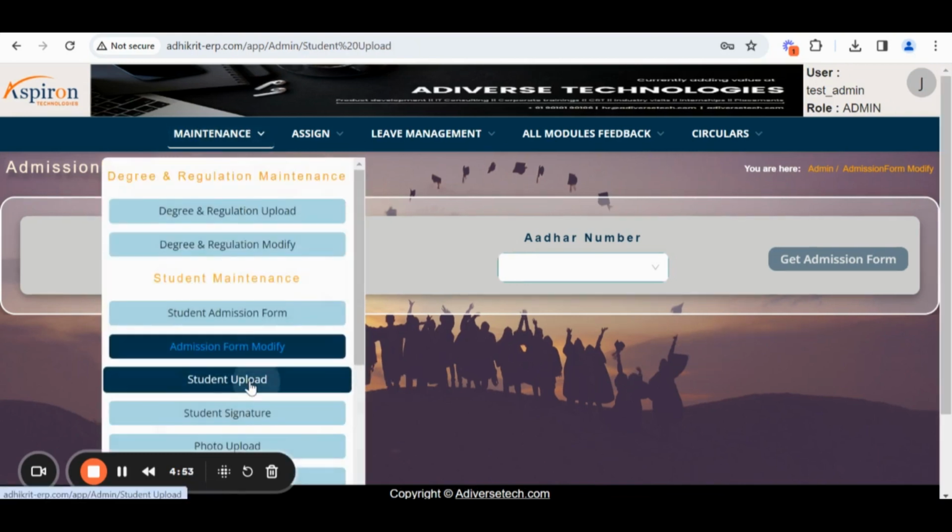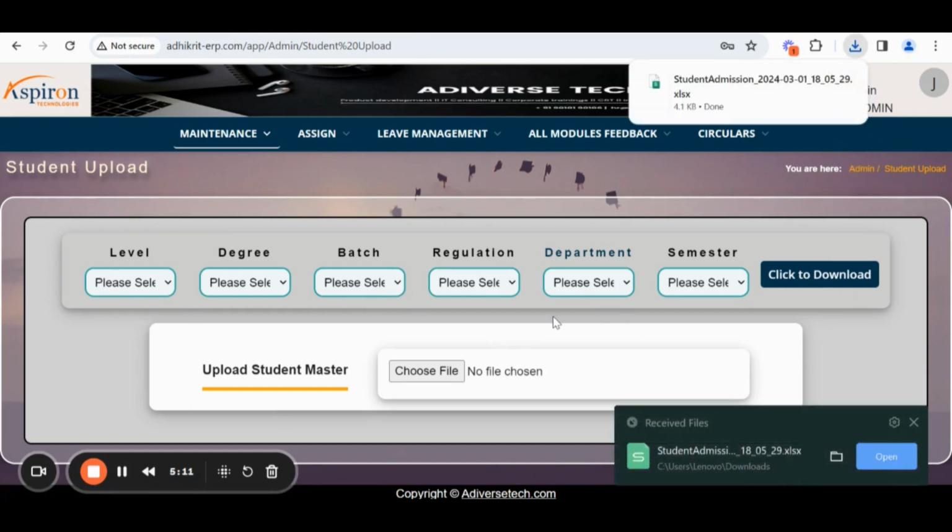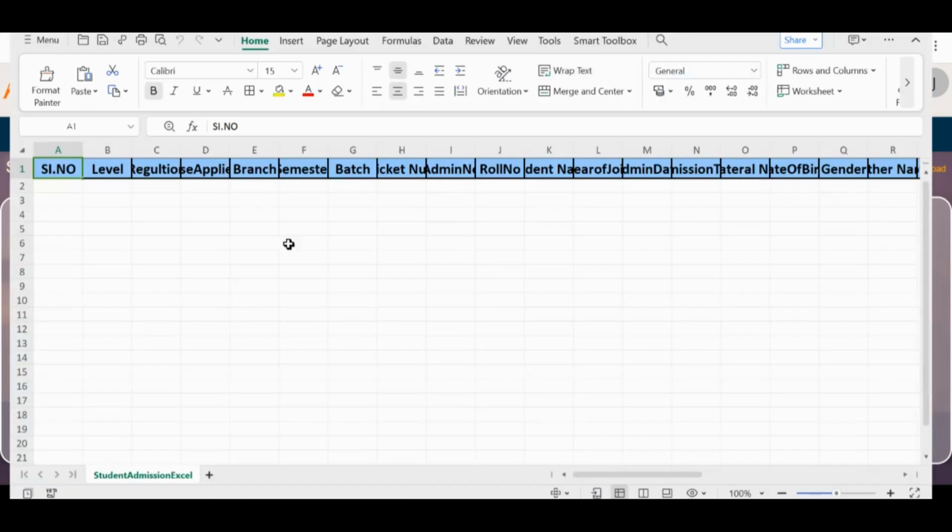Let's move on to student upload. Here the admin is going to upload the details of the student that has taken admission in the institution. Just select all the details and here click to download. So this is the same thing again. We have a template here, so use this template to fill the data and upload this file back again to